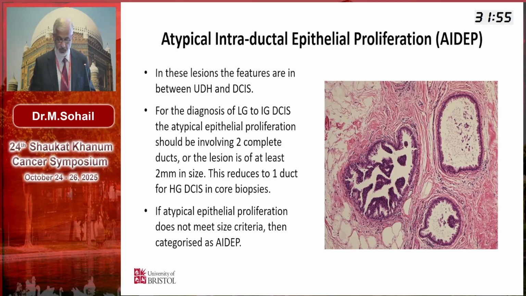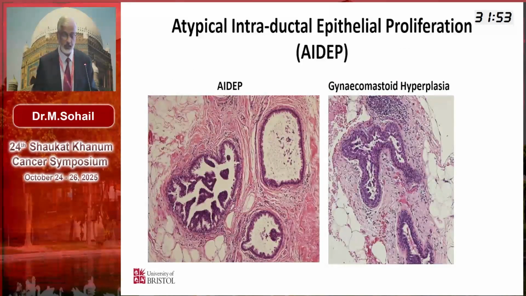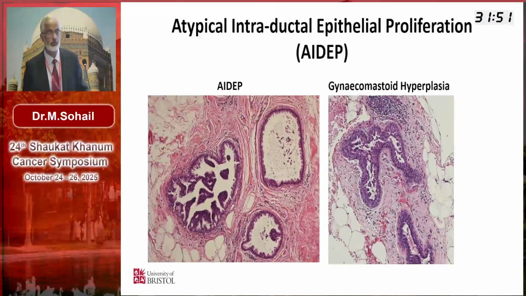So before we make a diagnosis of AIDEP, it's very important that we should be clear in our criteria. If we see that there is a bulbous end on the micropapillary structure, I mean, as you know, there are different types of DCIS. So particularly in micropapillary DCIS, there should be a thin base and bulbous apex on that.